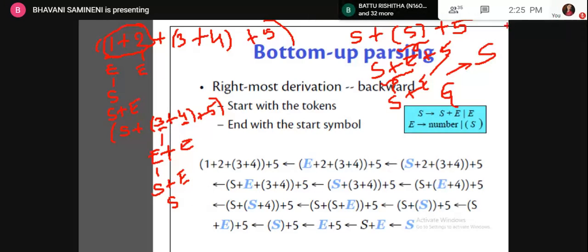Clear? So now we have started with the string W, and we are going to reach the starting symbol S. So this procedure we can call a handle pruning, and in this way the bottom-up parser will work. Okay. So just let me see